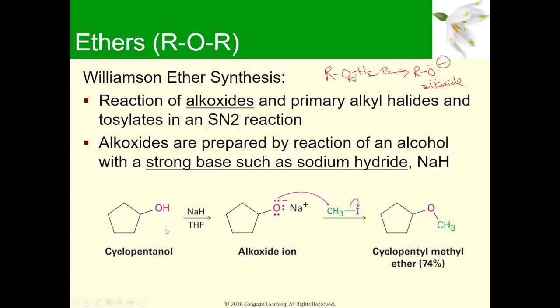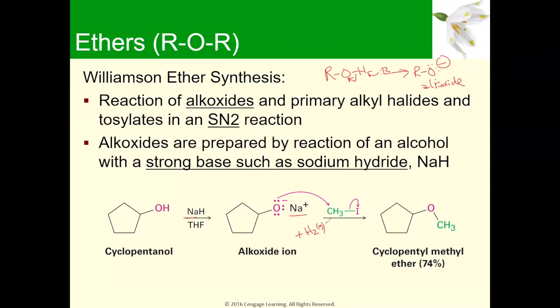So here's just an example reaction where we have the alcohol, react it with sodium hydride. The hydride is the nucleophile or the base. It takes away this hydrogen, okay? And so we create the alkoxide, and then the other product, of course, is the sodium ion. That's where the sodium ion ends up, and then the other product would just be a bubble of H2